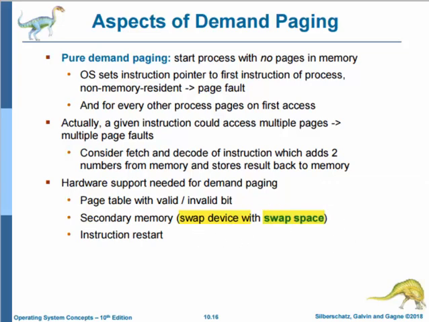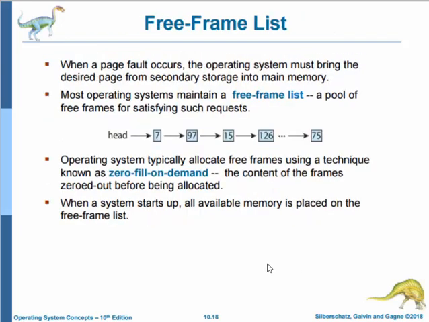Okay? And lastly, we have what we call an instruction restart. So basically, what is this? This is the most crucial requirement for demand paging, which is the ability to restart any instruction after a page fault. Now, when a page fault occurs, the operating system must bring the desired page from the secondary storage into the main memory. And to resolve the page faults, most operating systems maintain a free frame list,